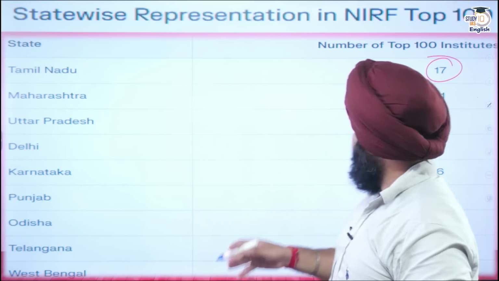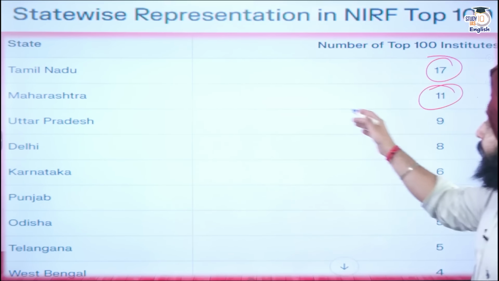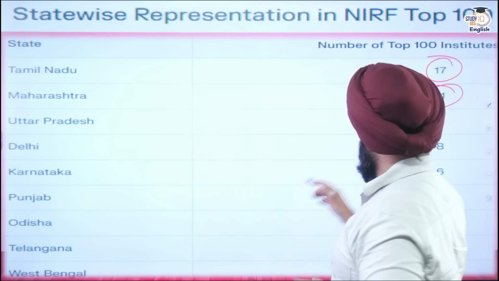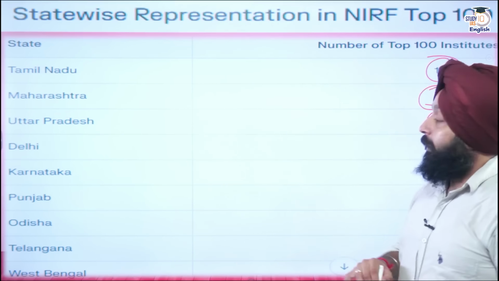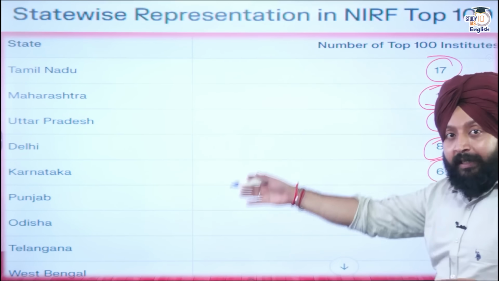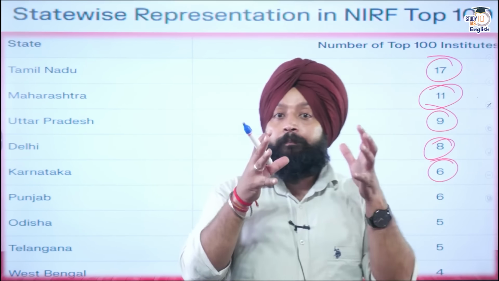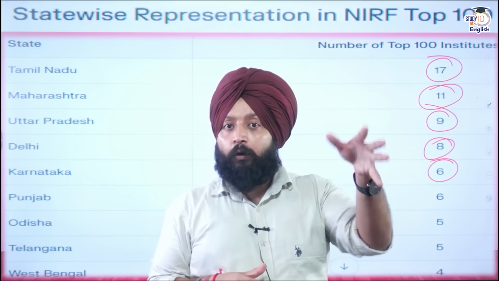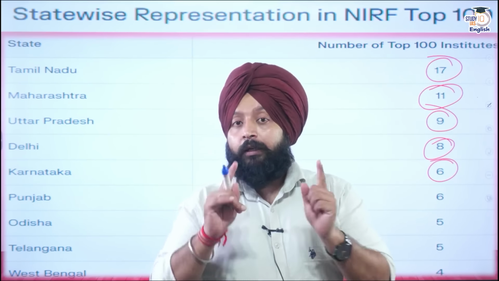Apart from that, we'll see Maharashtra: 11 institutions are in Maharashtra. In Uttar Pradesh, we'll have 9 institutions. In Delhi, we'll have 8 institutions. In Karnataka, we have 6 institutions. That means these are the states that have the best education institutions in India, both colleges and universities. Now, moving on,